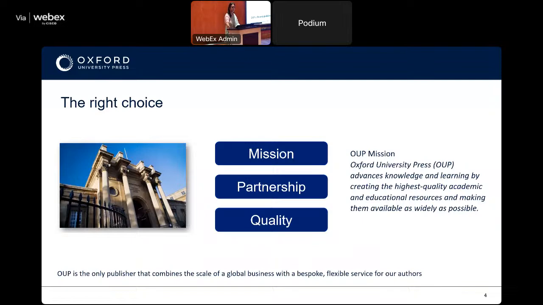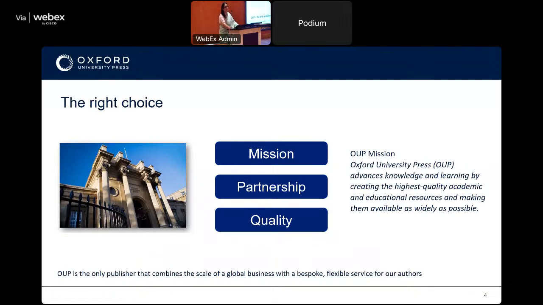We've got journals, ebooks, handbooks, law, medicine, music, art, bibliographies, dictionaries, encyclopedias. You name it, we have it. We pretty much cover everything in the education world.